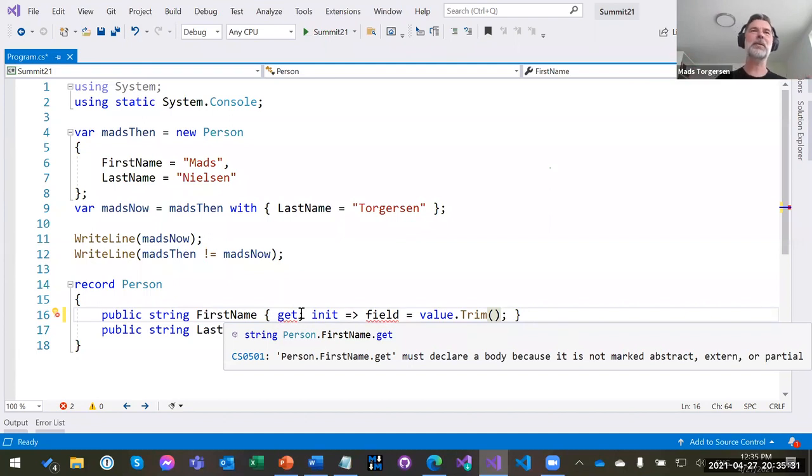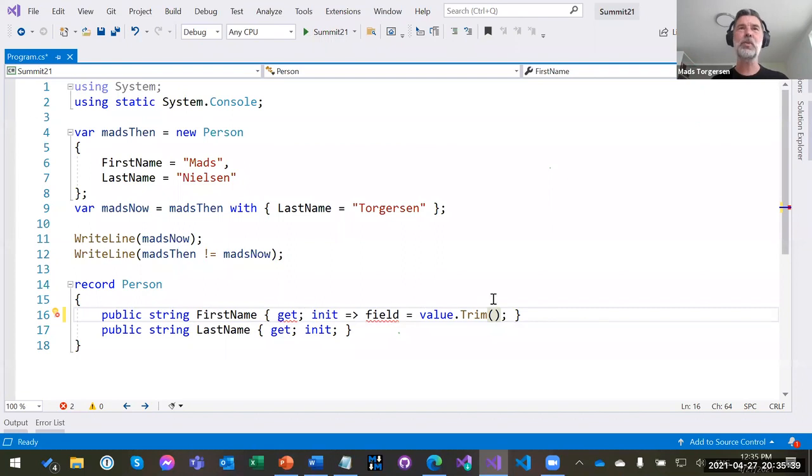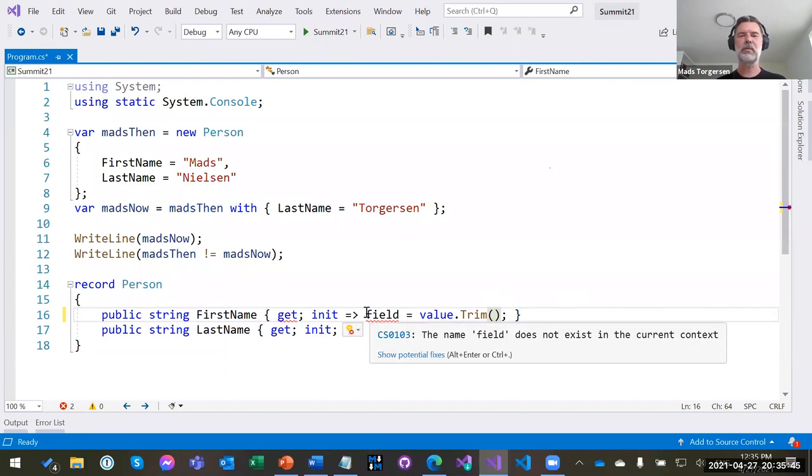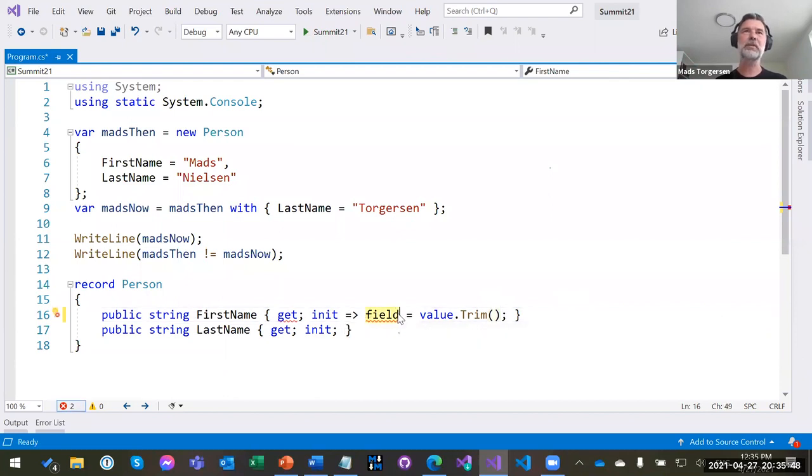John is probably itching to say, well, what if you already had something in scope called field? Won't that be a breaking change and so on? And yes, it would. And yes, we're going to do the ugly things that old languages have to do, where this only refers to the backing field if you don't have something else in scope called field. And if you do have something else in scope called field, well, too bad. That's how we're thinking of it currently.